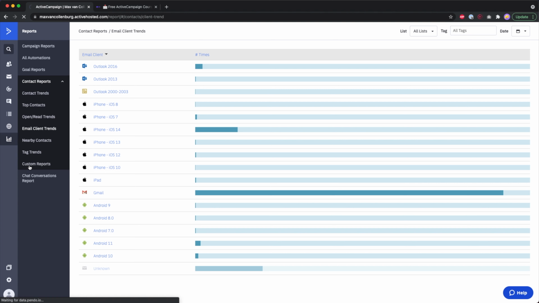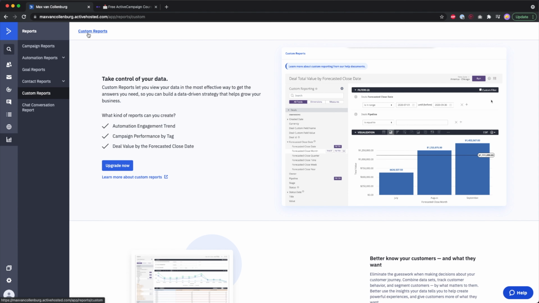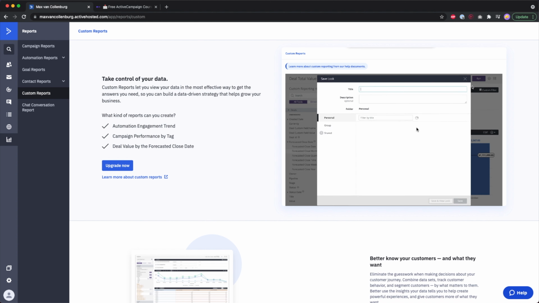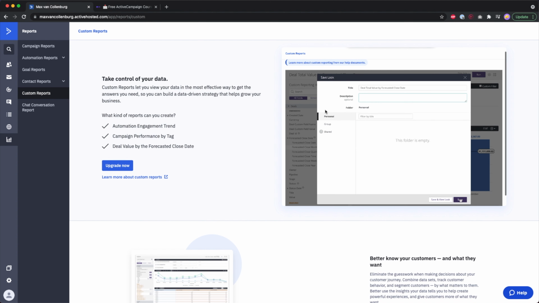Then these custom reports, I thought maybe promising, but I looked and the custom reports are only available on the enterprise plan, so the most expensive plan. And then you can create some different kinds of graphs. I looked a little bit into it, but it looked quite complicated, and I'm still not sure if it's doing what I wanted to do. If I'm wrong, then let me know in the comments below.